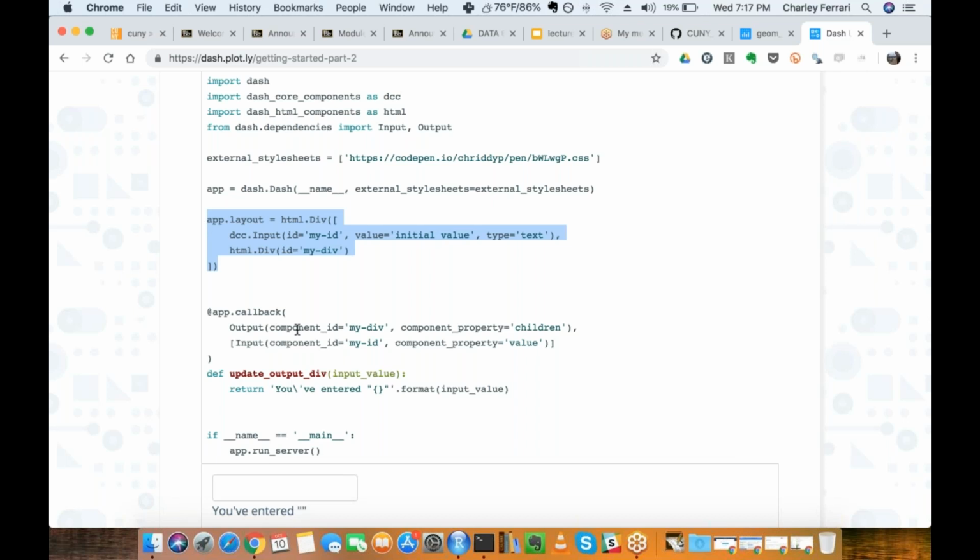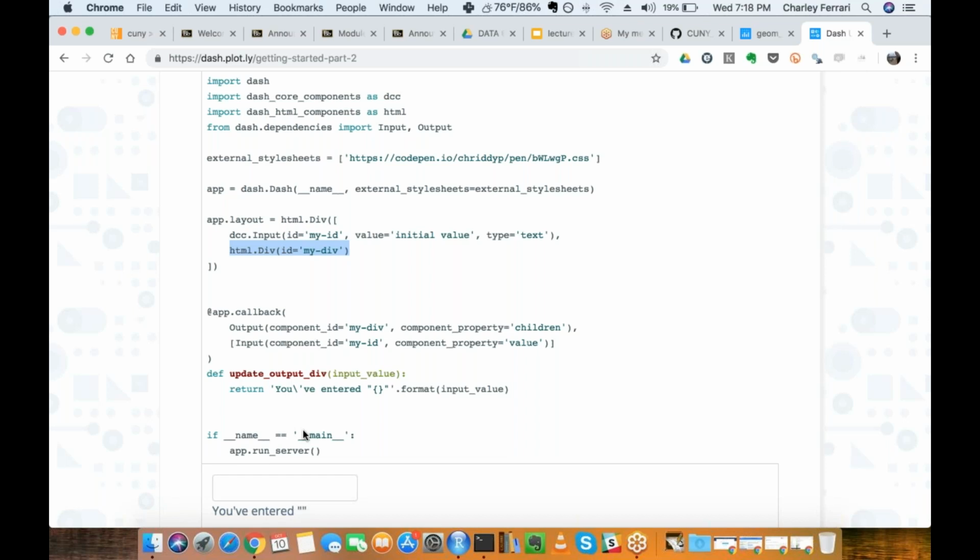So first you have your layout. In this case, we have just 2 elements. One thing you'll notice in comparison to something like Shiny is with Dash you're dealing with more raw HTML elements. So you'll see html.div.